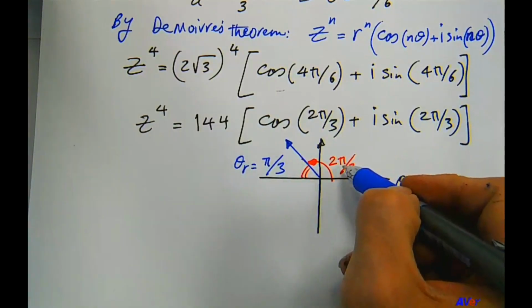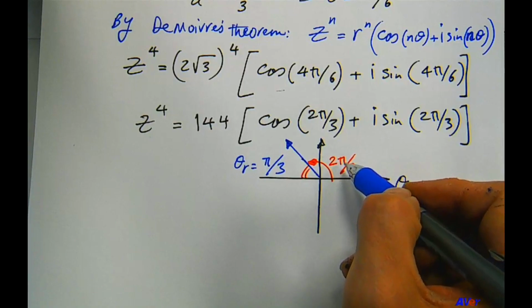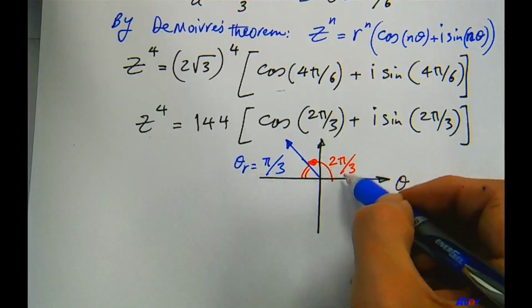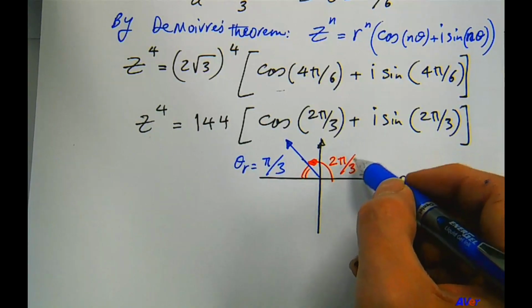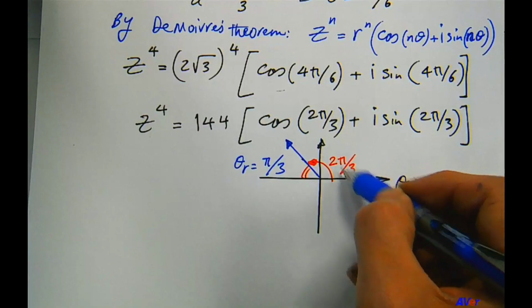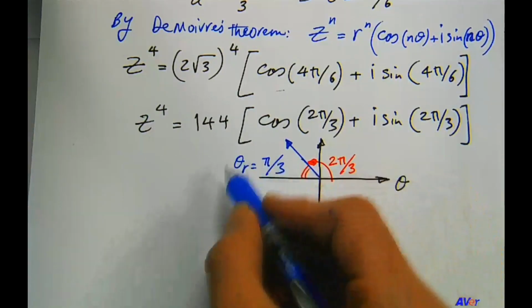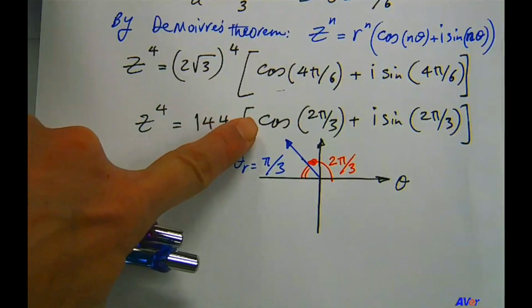If you convert this to degrees, what would it be? 2 times pi over 3. What would it be in terms of degrees? We discussed how to convert from radians to degrees and vice versa very early in the semester, right? So in this case, it would be 360. So this would be 120 degrees. So the reference angle would be 60 degrees or pi over 3. So we can look that up for cosine, but